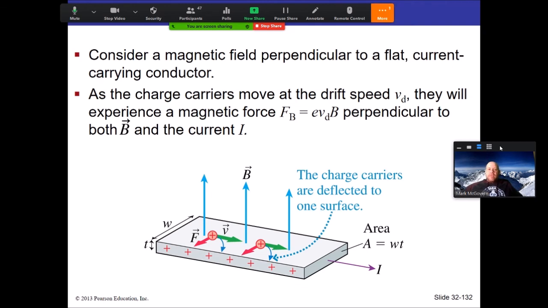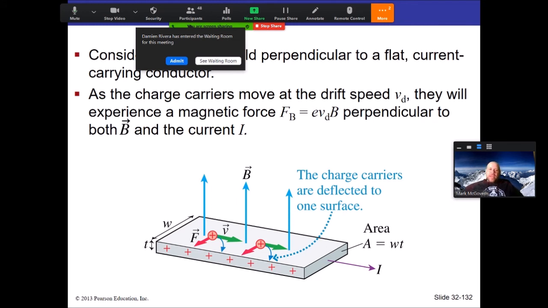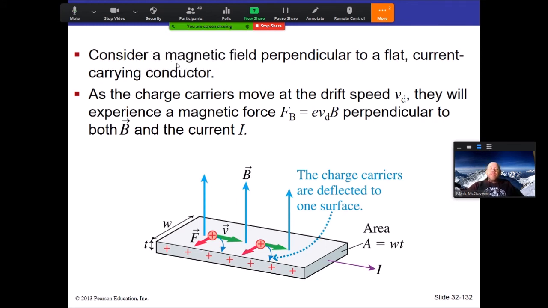What we have here is a piece of conductive material. It's actually a volume, so to speak, a slab of conductive material, and we have a magnetic field that is placed perpendicular to the surface here, and we have a current that comes through. The current's flowing, as you can see in the picture here, from left to right, and you can do your right-hand rule stuff here,